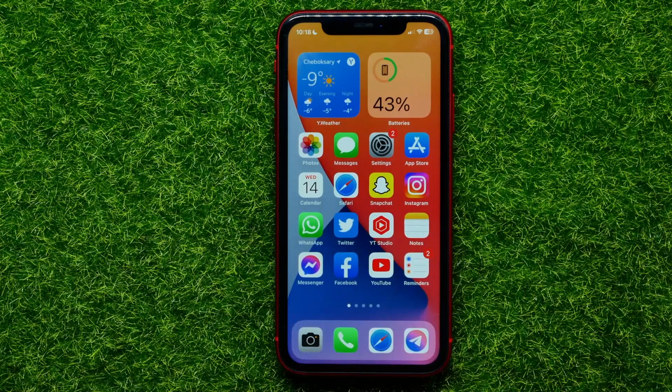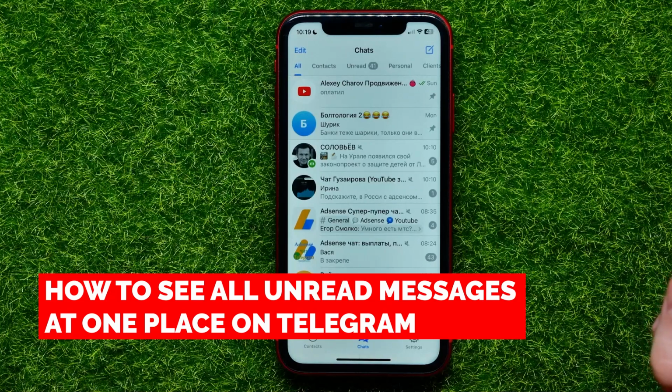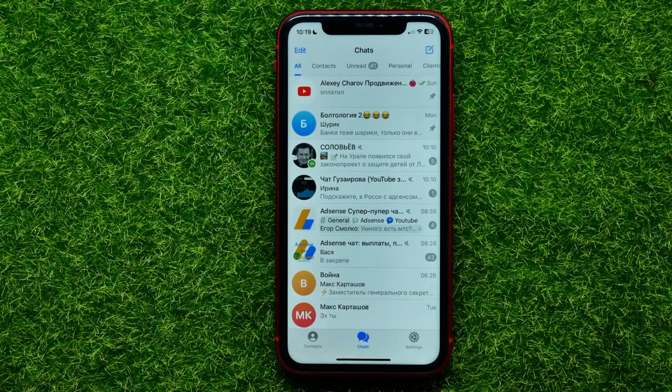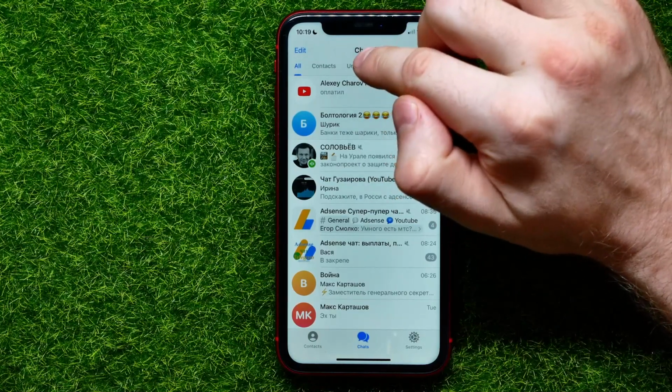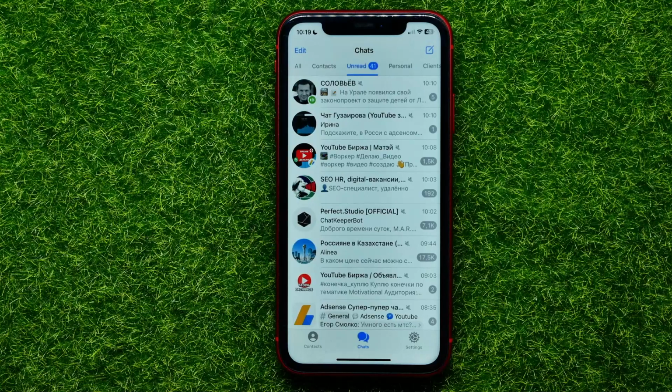Hello guys, welcome back. In this video I'm going to show you how to see all unread messages in one place on the Telegram app. As you can see, I got this unread tab. I can get into it to see all the unread messages from all Telegram channels, Telegram groups and Telegram conversations